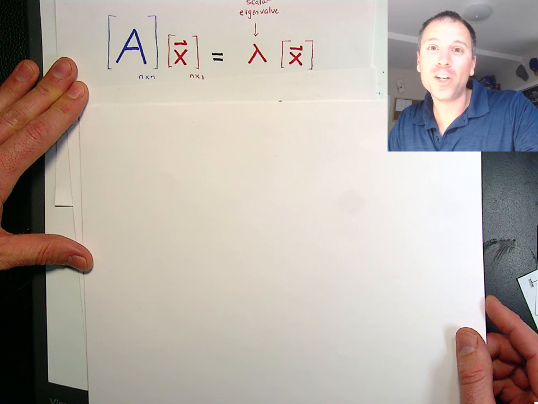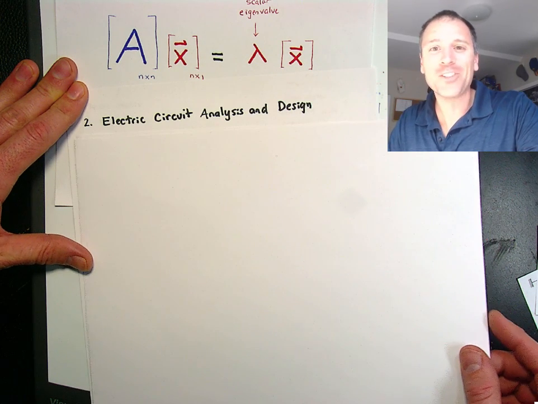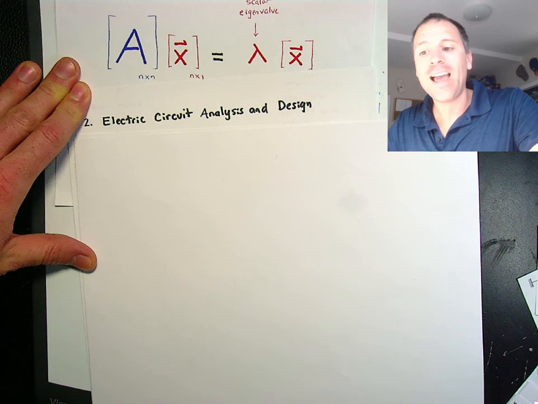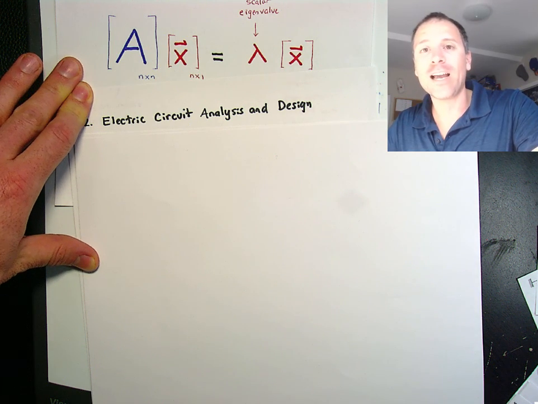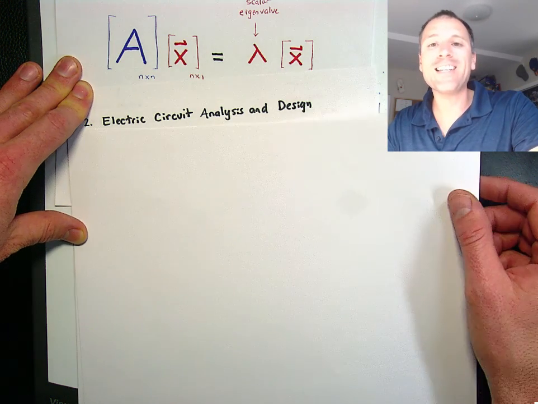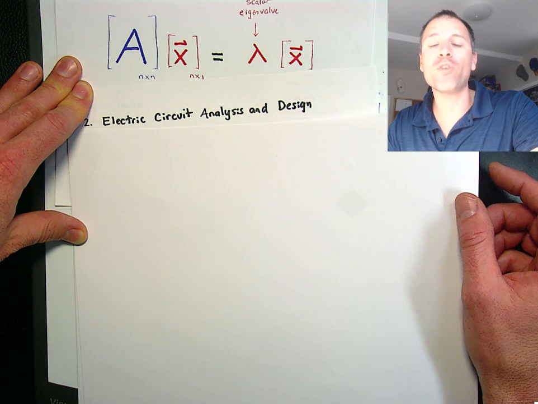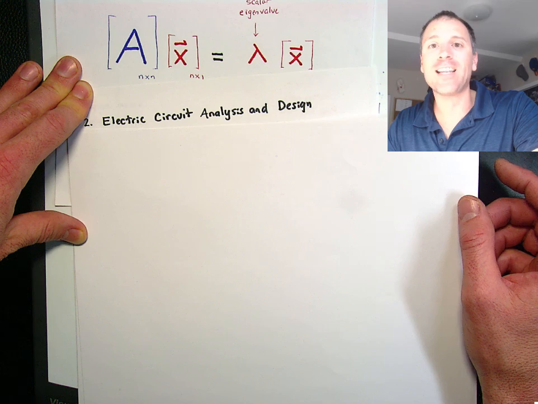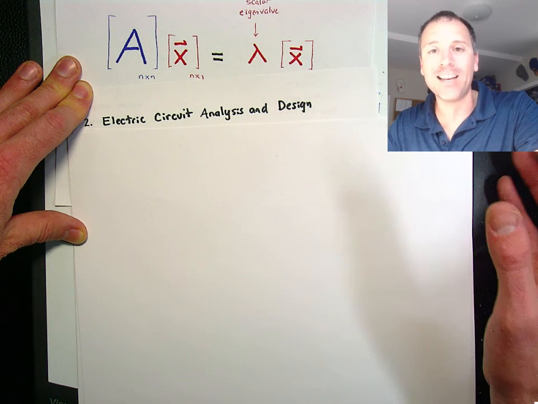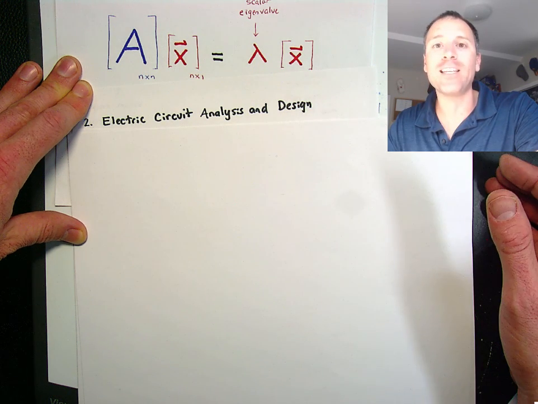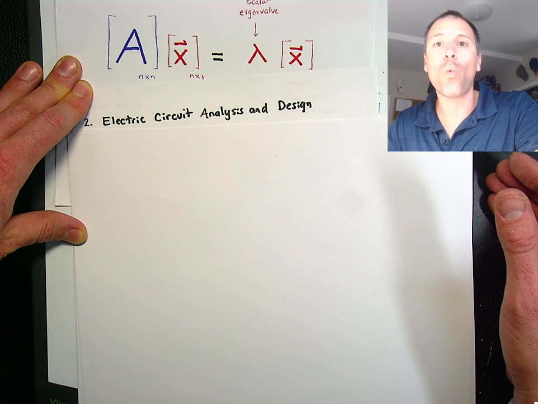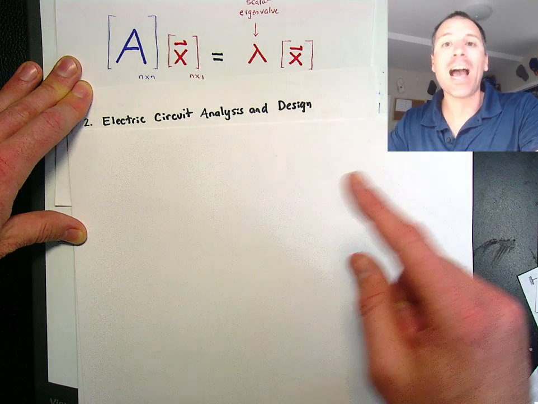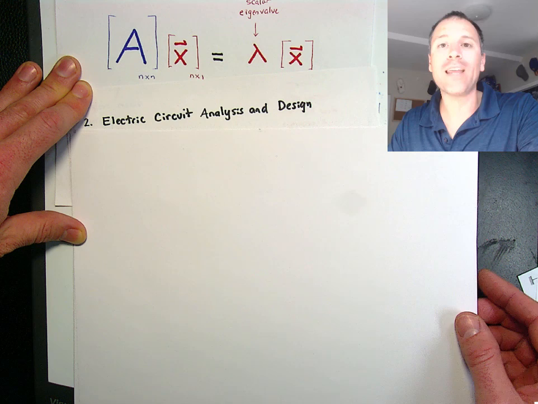Electrical and computer engineers, were you feeling left out? Don't trip. Eigenvalues show up in electrical circuit analysis and design. Specifically, there's something called resonance in circuits. This is part of resistors, capacitors, and inductors. Linear circuit analysis sets the foundation for computer-aided design in circuits and many of the other techniques that engineers use when designing circuits. Eigenvalues show up as a fundamental tool in that analysis.